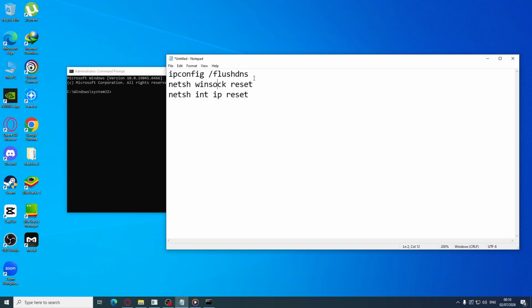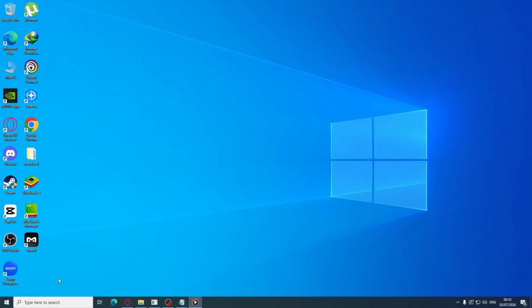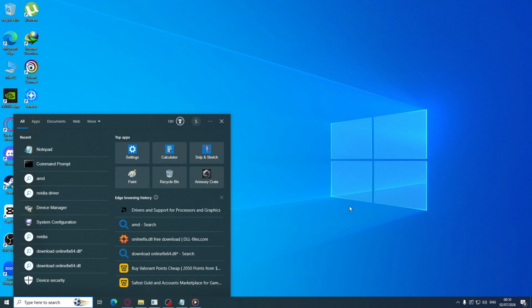ipconfig /flushdns, then netsh winsock reset, then netsh int ip reset, pressing enter after each one. Close the command prompt. Also, make sure any VPN you use is turned off, since VPNs frequently cause server connection